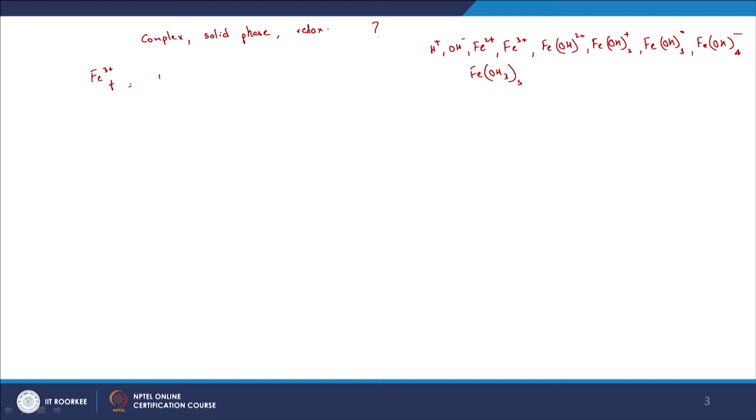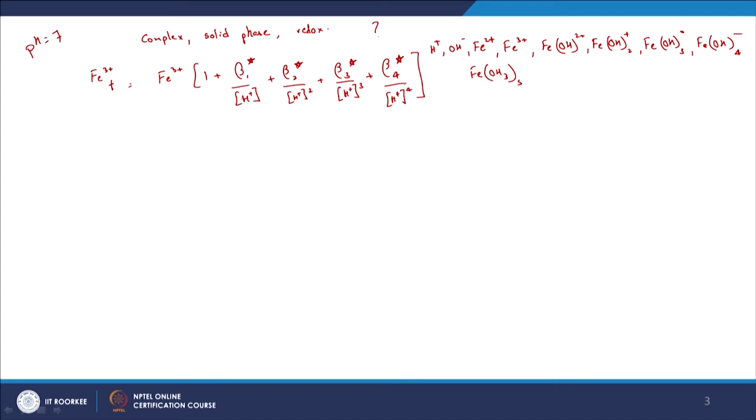It is going to be equal to Fe3+ into 1 plus beta1*/[H+], which we know in this case because we are considering the case when pH is equal to 7, plus beta2*/[H+]^2, plus beta3*/[H+]^3, plus beta4*/[H+]^4,